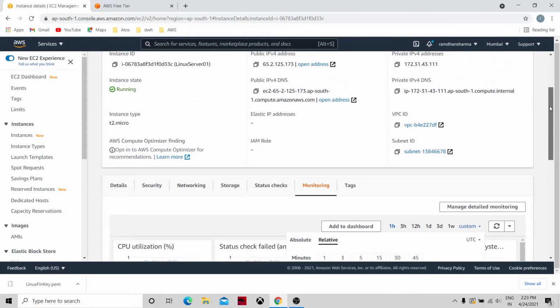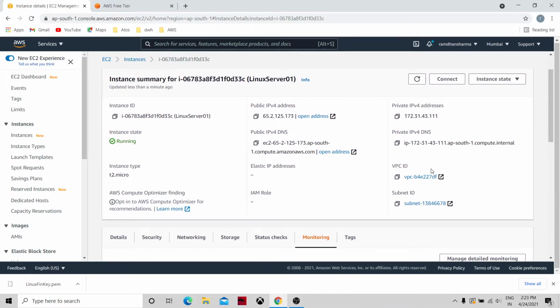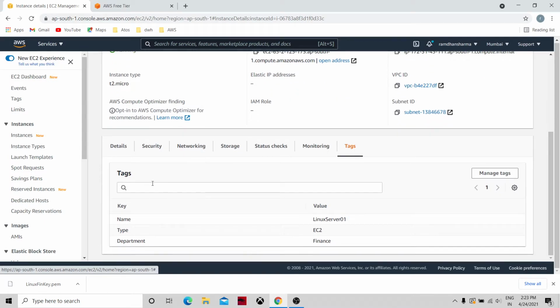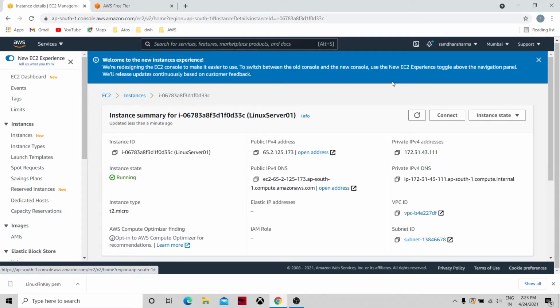In the tags we have provided two tags for organization purposes: type is EC2 and department is finance. This is also a key pair. We have given the name Linux server 01.